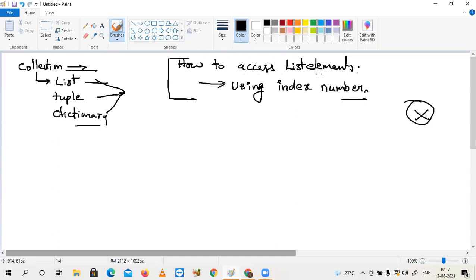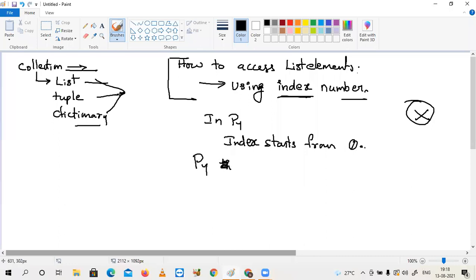How to access list elements: the answer is using index number. In Python, the index starts from 0. Python also supports reverse indexing.